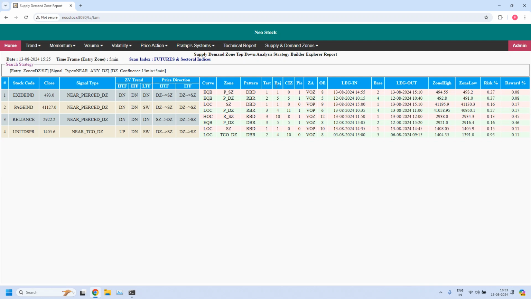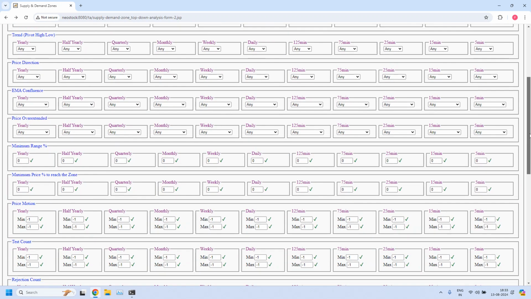Out of these, Exide Industries is already pierced. Reliance also has a pierced zone. So only 2 are valid. Out of these 2 again, how many have confluence with the HTF time frame, that is the 75 minutes time frame,